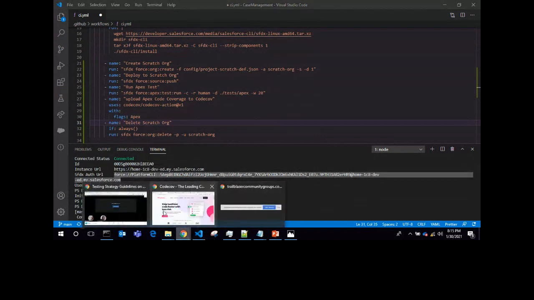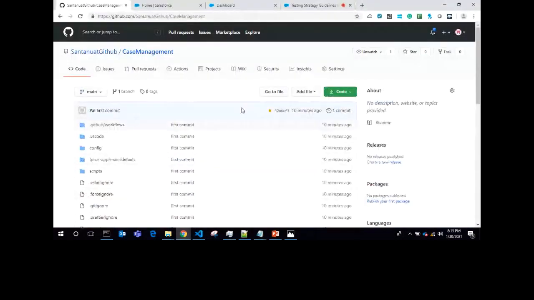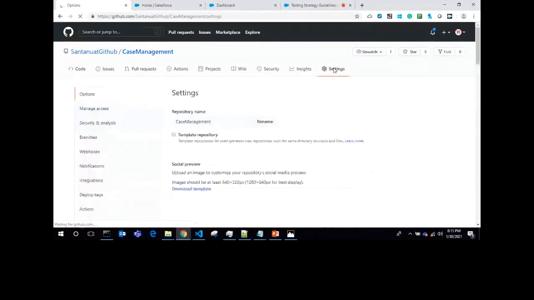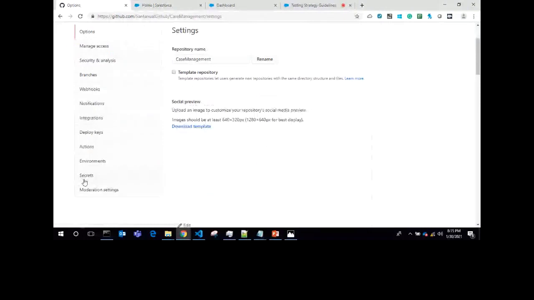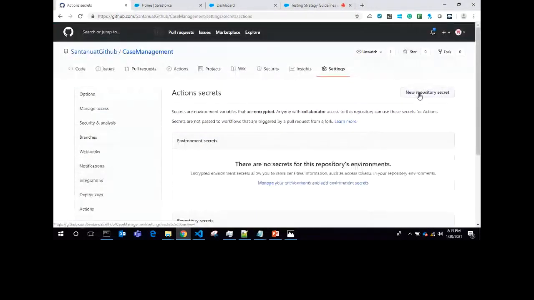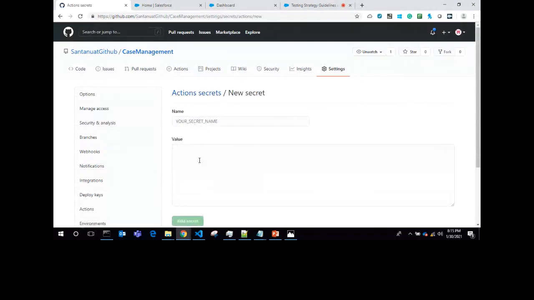See here. Now in this repository, where I have pushed the code base, you go to the settings. I told you to create the secret. This sfdx auth URL is basically the secret. So I click on secrets, new repository secret.